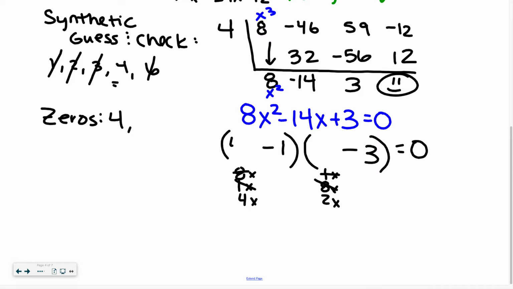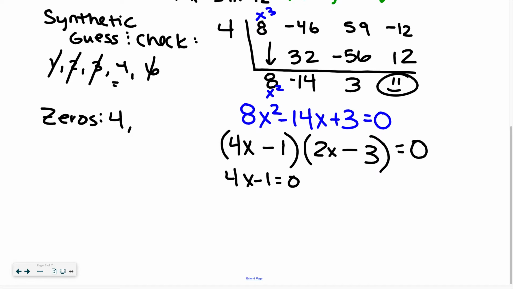Yeah. So if I put a 4x and a 2x in there, when I check it, 4x times 2x is 8x squared. 4x times negative 3 is negative 12x. Negative 1 times 2x is negative 2x, so that totals out to negative 14x, and negative 1 times negative 3 is positive 3. So I was guessing and checking. I was trying possible answers. They won't always work. You're really checking your outside and inside terms right there. Will they work? Okay, so then if that's factored,